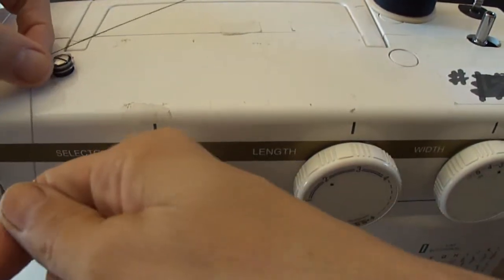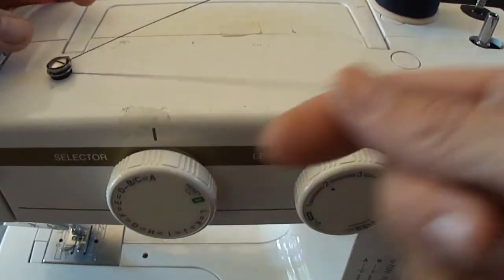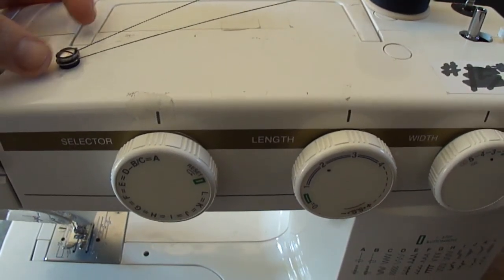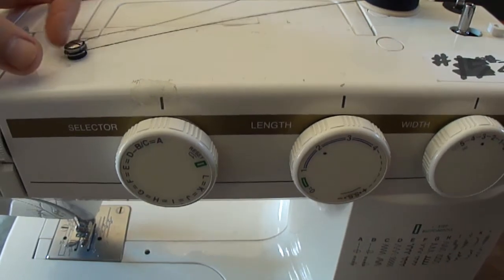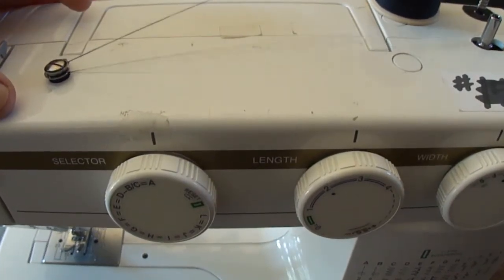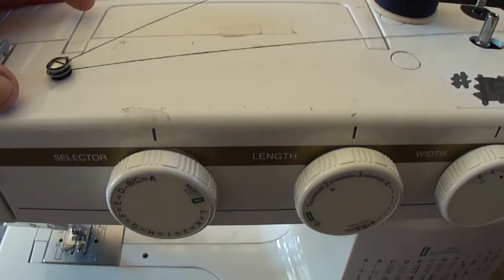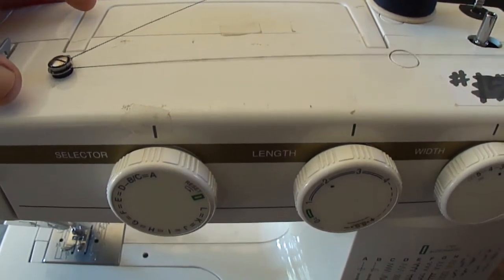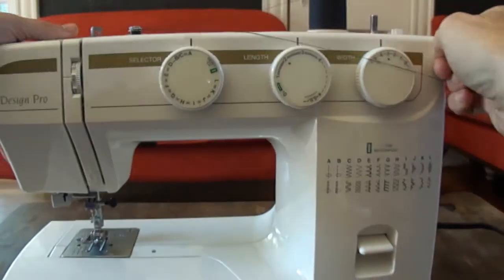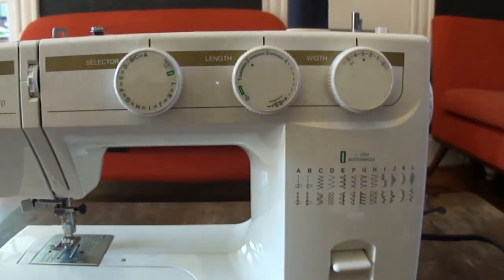Your machine probably also has this in its manual, or you could look up how to wind the bobbin very specifically. So I'm going to wrap around this little wheel here, and what this does is give it a little bit of tension before it comes back over here to wind on the bobbin. And that's what I can see it's telling me by these arrows. So I've got this wrapped around,